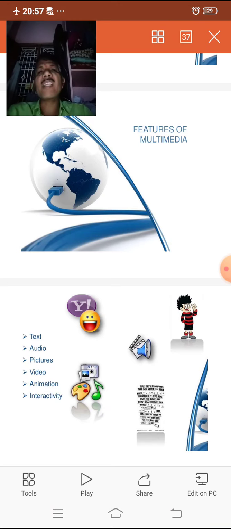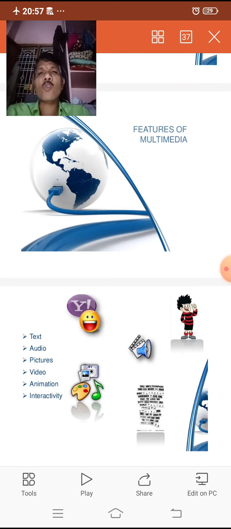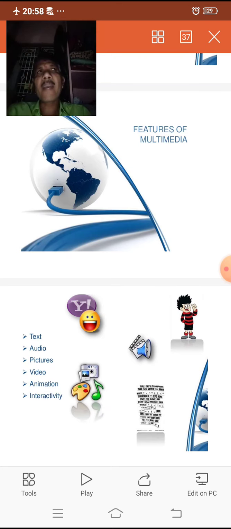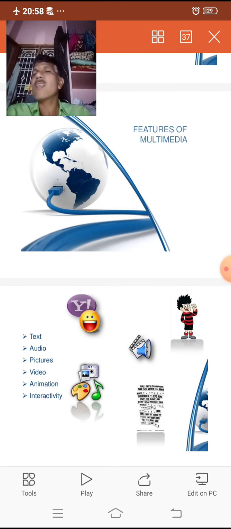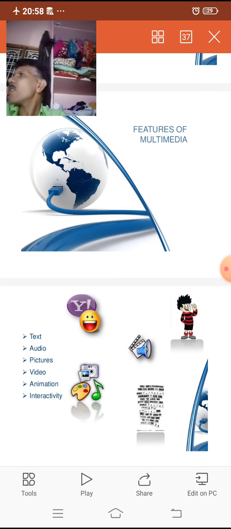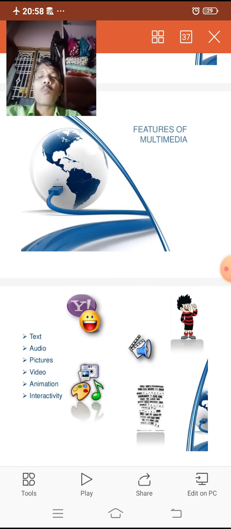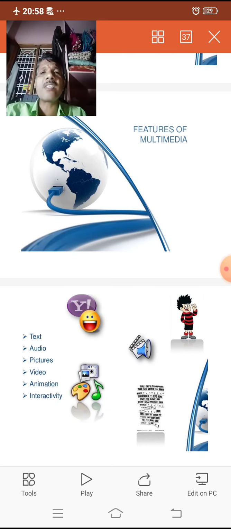They permit various pictures, provide live and recorded videos, allow users to apply animation effects, and provide interactivity among different persons. So these are the more important features of multimedia for PowerPoint presentation purposes.